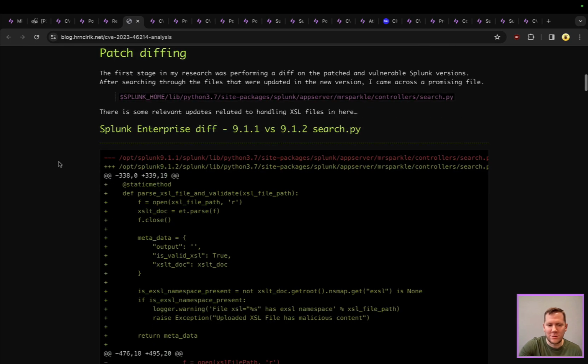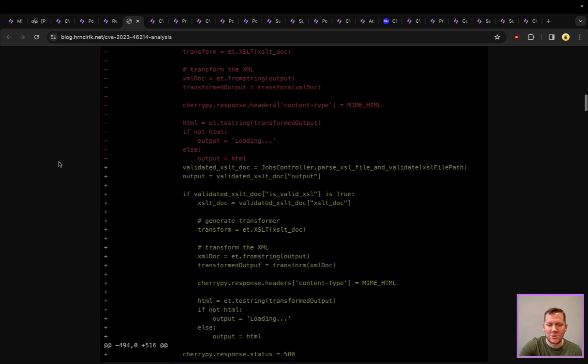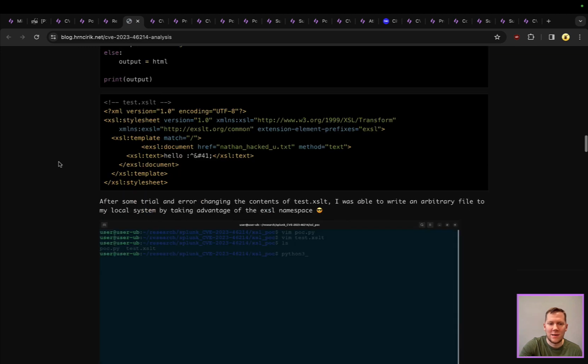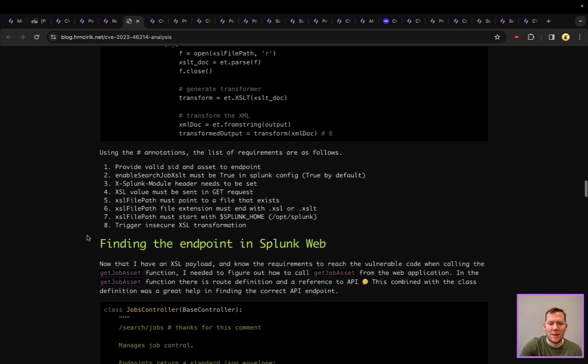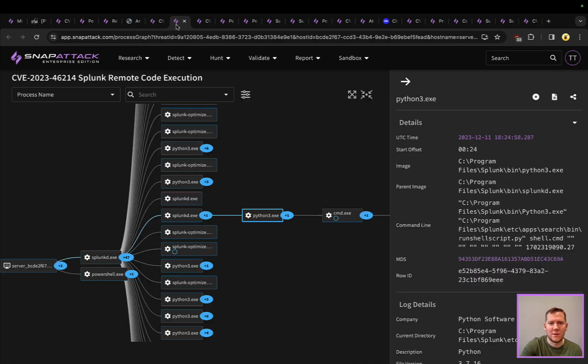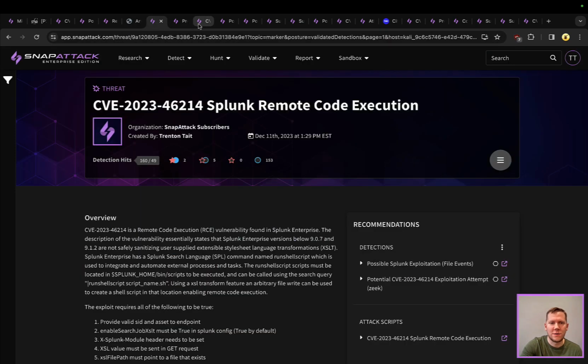where you're just looking at raw code. You don't have to reverse engineer, do like a binary diff and see what changed. So this kind of goes to that process again, how we can use that malicious XSL template and craft that exploit. So we went ahead, we ran this in SnapAttack, and I will say there are two versions here